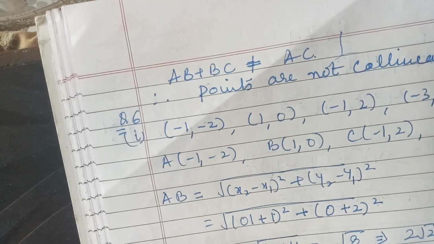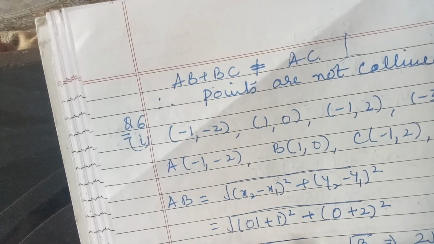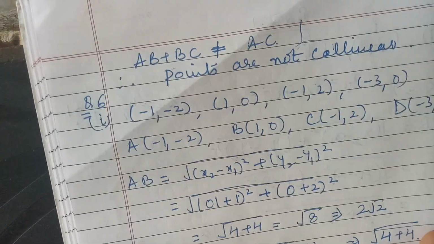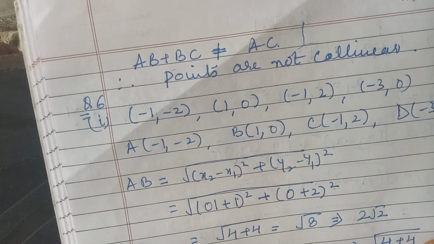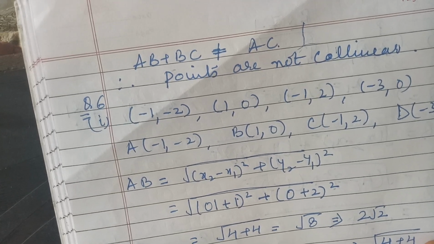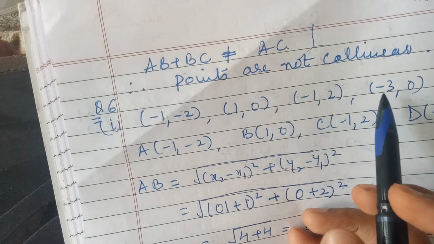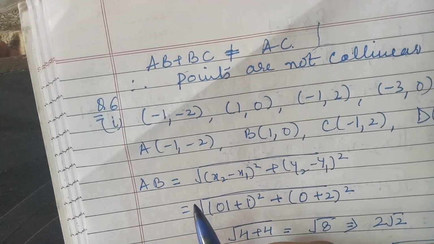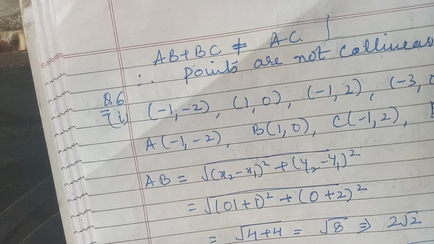Okay, let me come on the next, question number 6. So now in question number 6 we have 3 parts. Here I am doing the first part. In this question they are asking, name the type of quadrilateral formed, if any, by the following points. Now we have to check कि ये 4 points हमें given हैं, इनसे हमारे पास कोई quadrilateral बन रहा है, और अगर वो बन रहा है तो कौन सा quadrilateral हमारा बन रहा है.